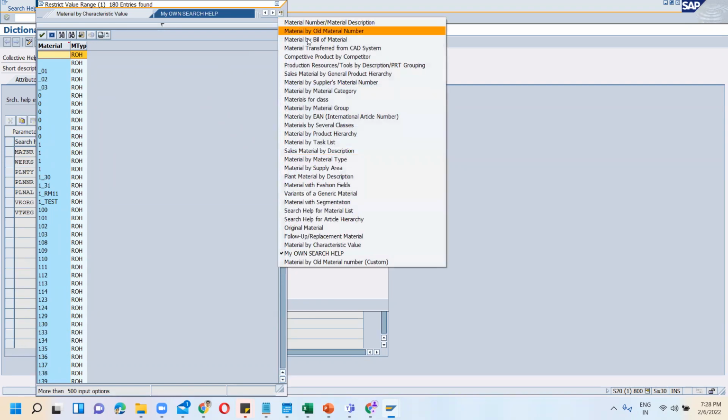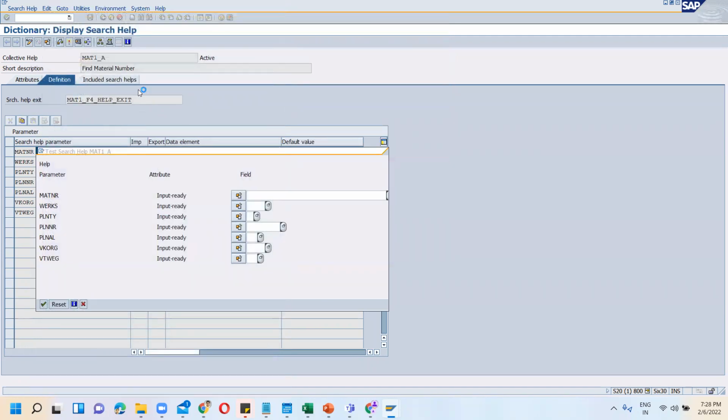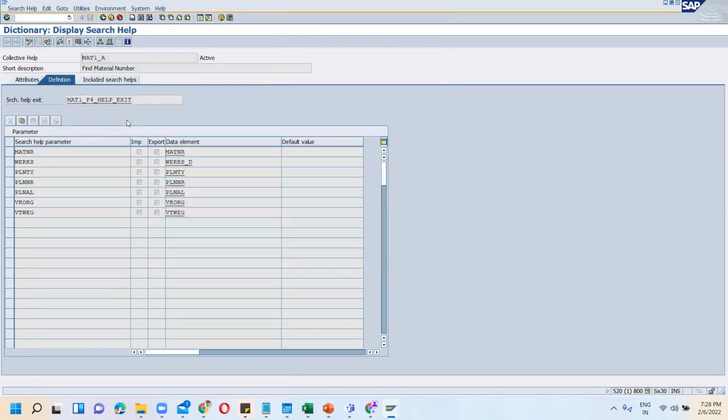Come here. That I'm looking for material by characteristic, all these things, that is inner circle which we have written at last. That should come, but it's not coming. No, I think this is fine. Let me see what we are doing wrong over here, why it's not coming. We are not able to differentiate. Basically it is coming, but